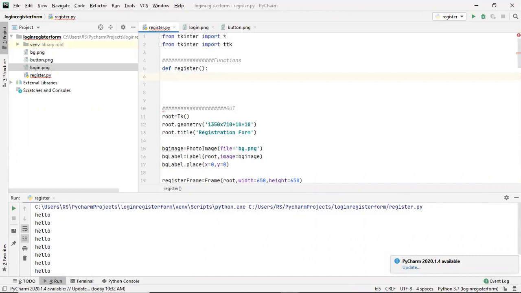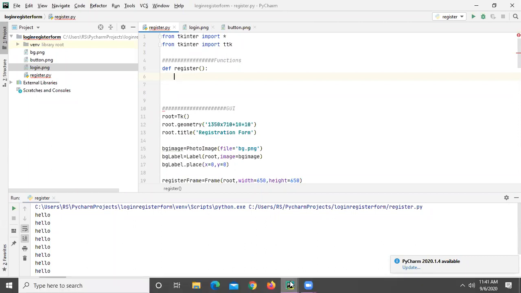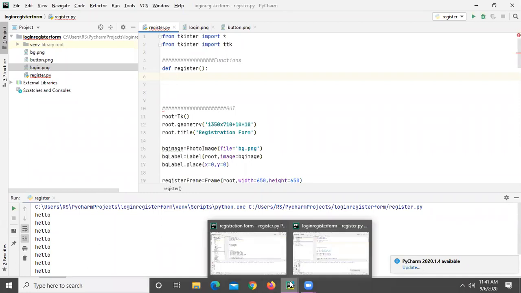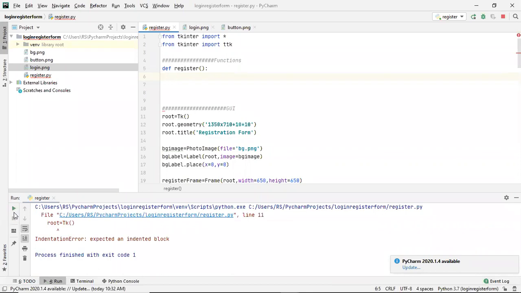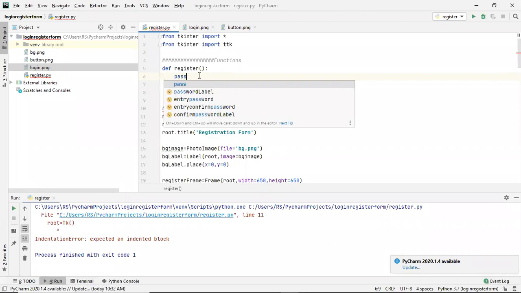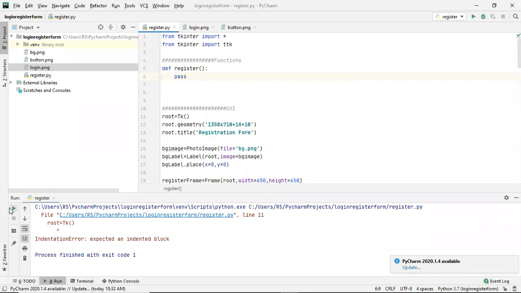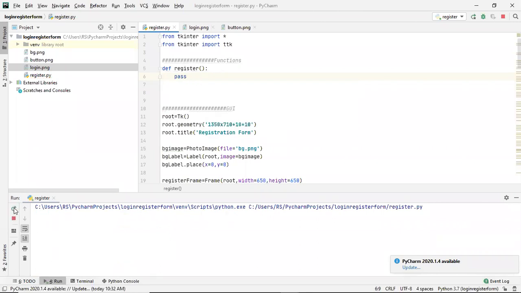So what we need to do here, first of all, is check if all the entry fields are empty or not. Right now you will get an indentation block error, so I'll use pass for now, because I'm not doing any coding yet, so that no error occurs.